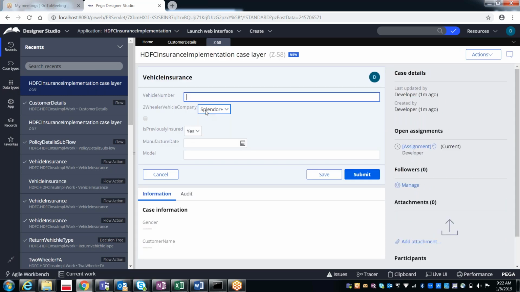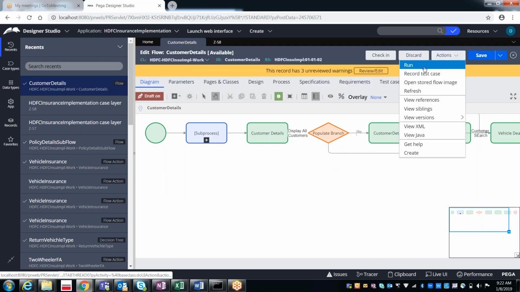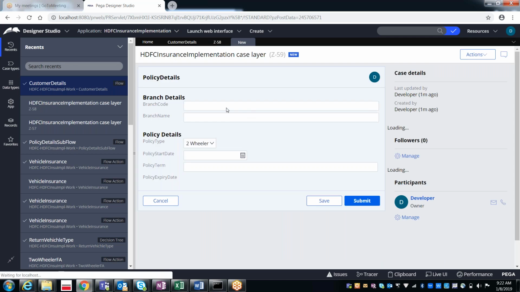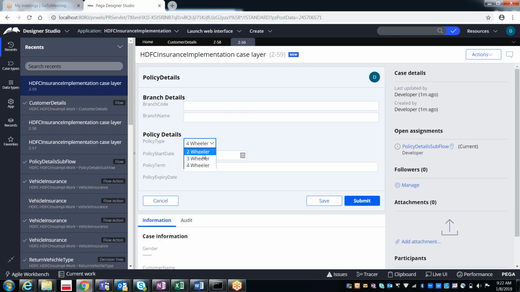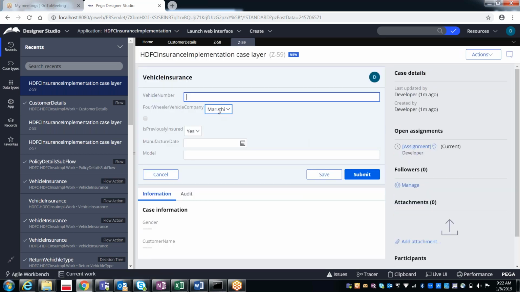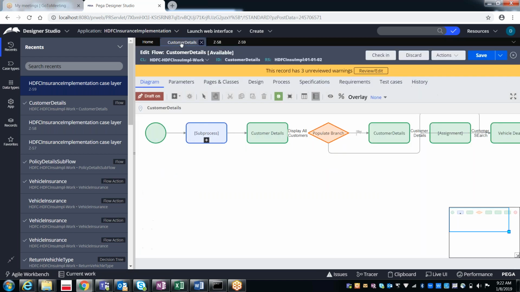So for the two-wheeler, you are getting Splendor Plus. And for the four-wheeler, you are getting Maruti, Audi, and Honda. Likewise, you are getting results.